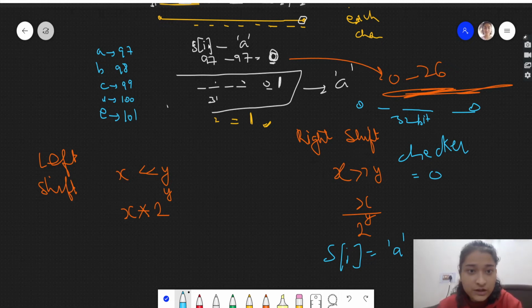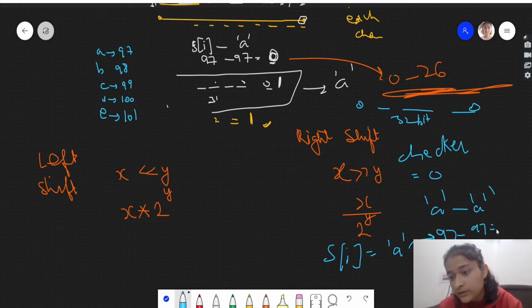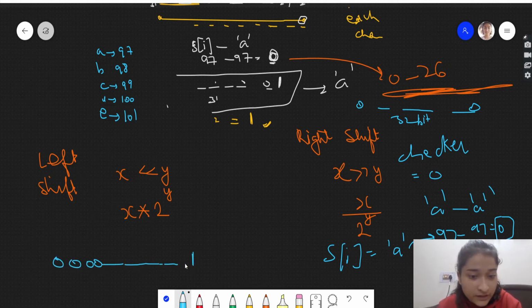You just understood how we have to make it, right? We will subtract 'a's ASCII value from 'a's ASCII value. So 'a' is 97, and obviously 'a' is 97, so this will be 0. But this will be the 0th index in this 32 bit number, which means the 0th place will be 1. So how will we get that? How will we get this kind of number, like 1 here, with all 31 zeros?